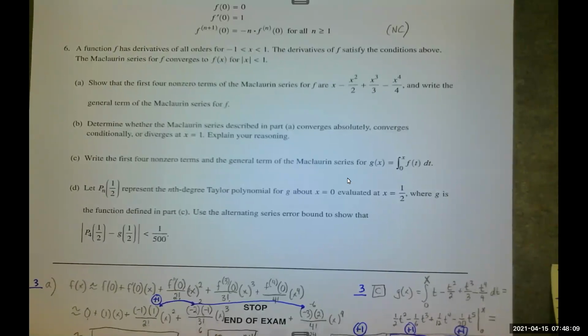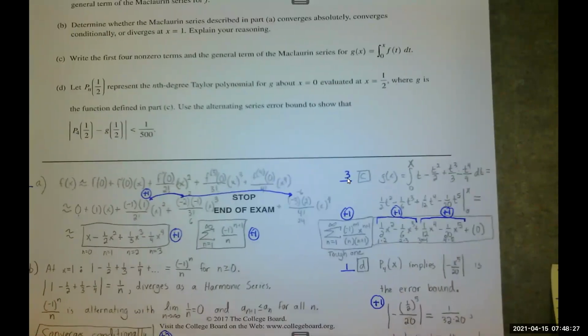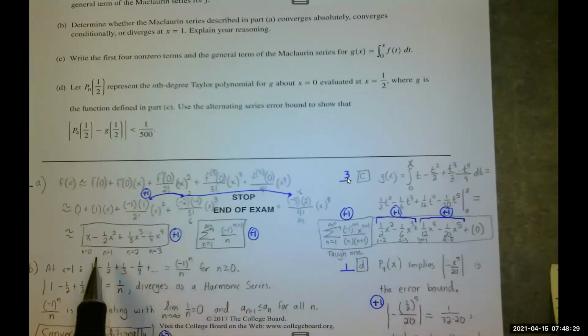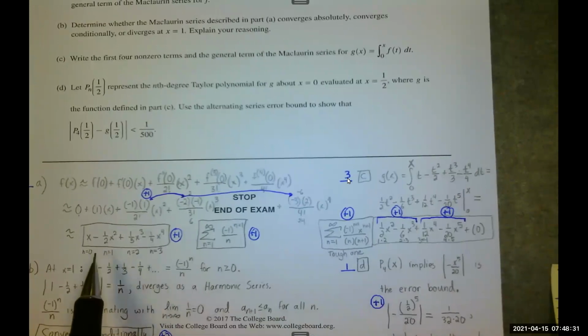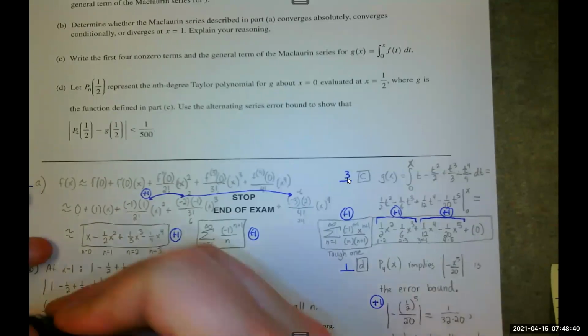Then I simplified, because again, it says show. So -1, 2 factorial, 2 divided by 3 factorial. 3 factorial is 6, 1/3. -3 times 2 is -6. 4 factorial is 24, -1/4. Then I had to figure out the nth term. So what I did here was I said that, okay, this first one right here would be like when n equals